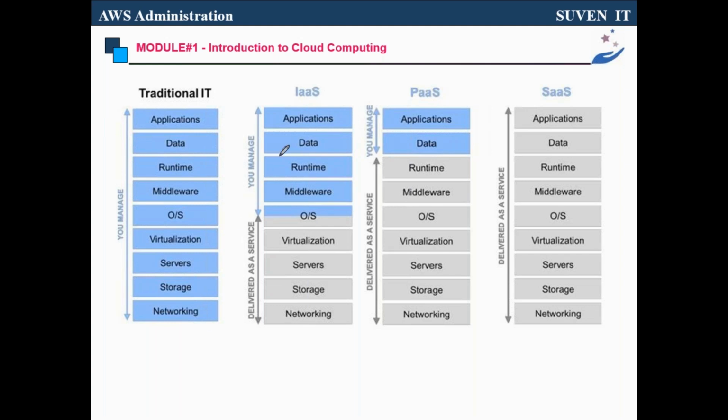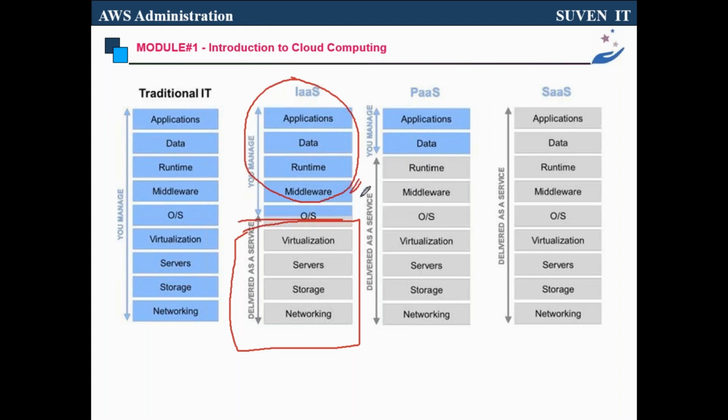Then I'm going to the IaaS model. In the IaaS model, you can buy only up to infrastructure from the cloud, and you can manage the rest on-premises, your company managing. Your company doesn't want middleware from the cloud, so you just buy the server and install your middleware, runtime environment, database and application. You can manage on your own. But the PaaS model means up to platform as a service.